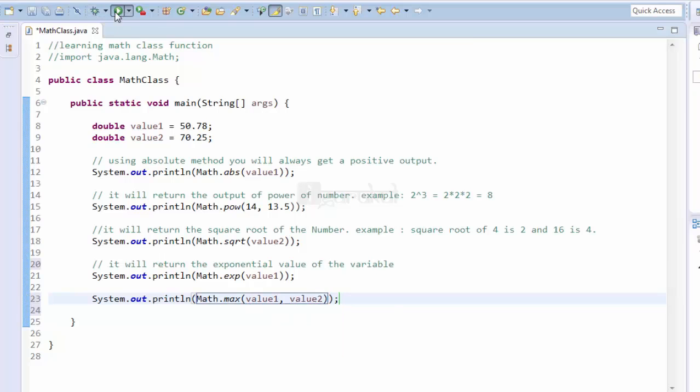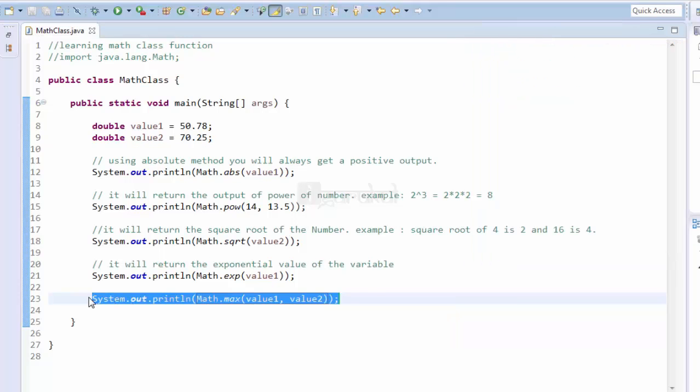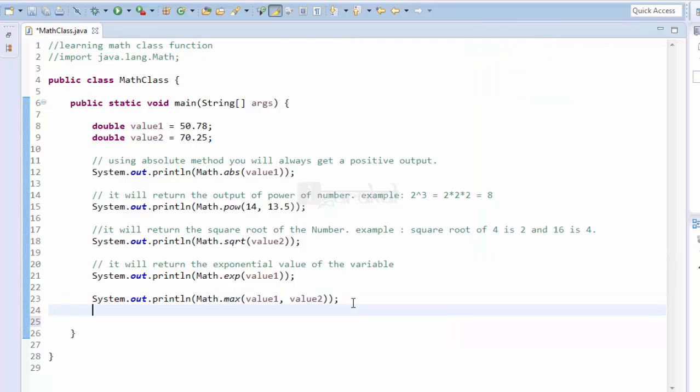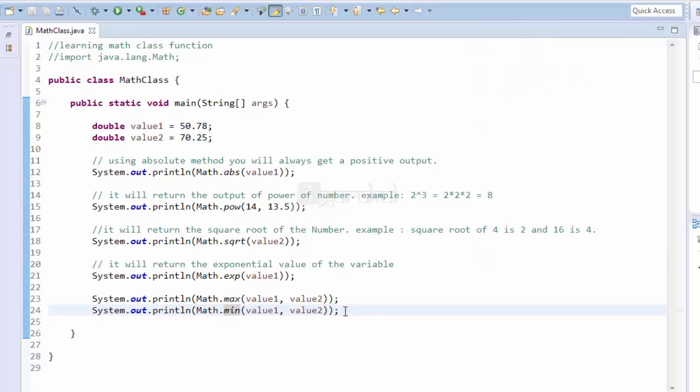Let's execute the command. The output is 70.25. That means value 2. Similarly, you can check this out for the minimum value. Let's copy paste it, change max to min, and execute the command again. See, we are getting the output as 50.78. So this is how you can check the maximum or minimum values.